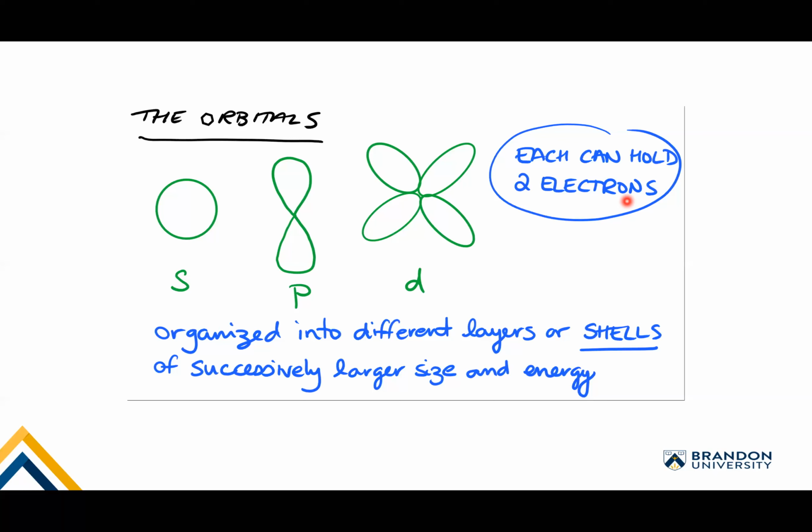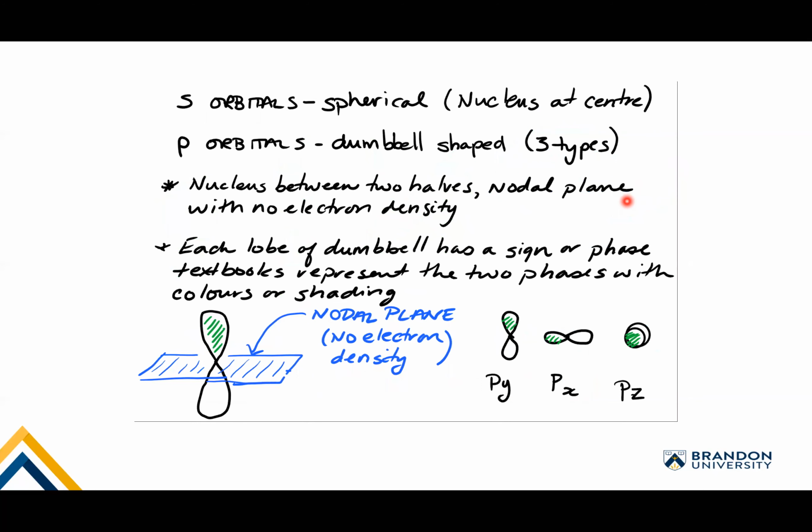These orbitals themselves are organized in different layers or shells, getting further and further from the atom, or higher and higher in energy, which loosely equates to distance from the atom itself. So, increasing size and energy. It's quite a bit less complicated because we're visualizing stuff as opposed to having a bunch of numbers on the page. So we would have talked about s orbitals being spherical, with the nucleus at the center, and p orbitals being dumbbell shaped,